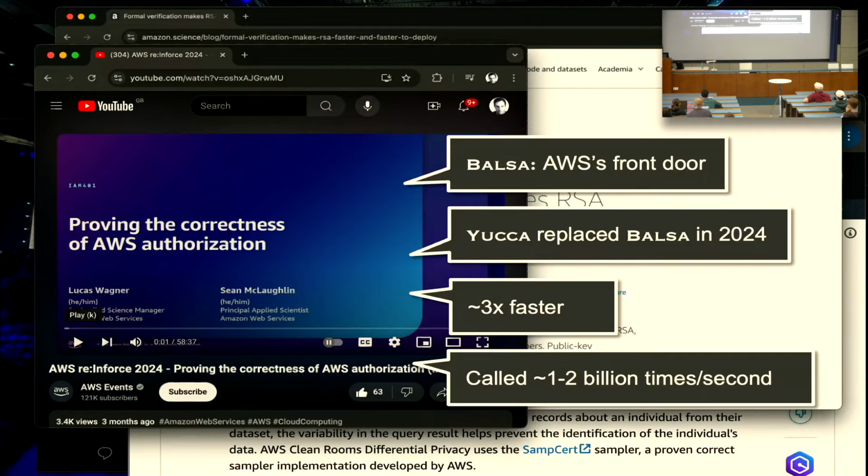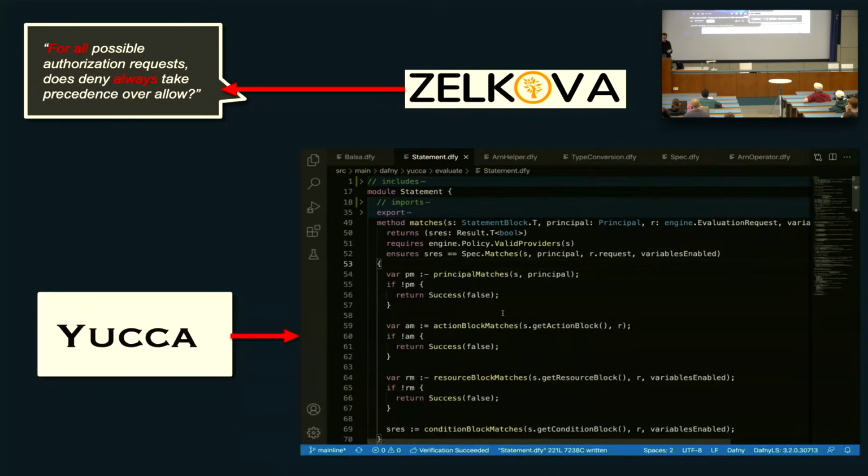So already there have been billions of calls to AWS. Everybody who's using AWS is making all these calls all the time. And so every time, that code that's in deployment has been proved correct. It's written in Dafny. And what did we prove? Well, we proved its correctness against the Zelkova semantics. So we proved that the Dafny code basically has this property.